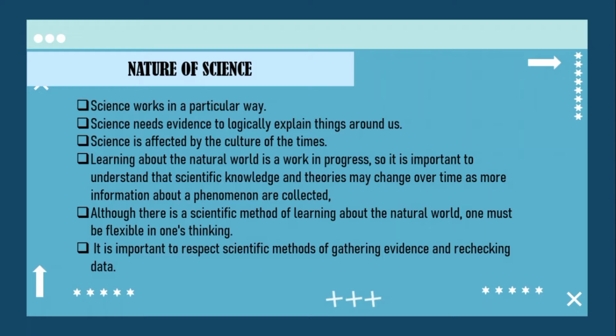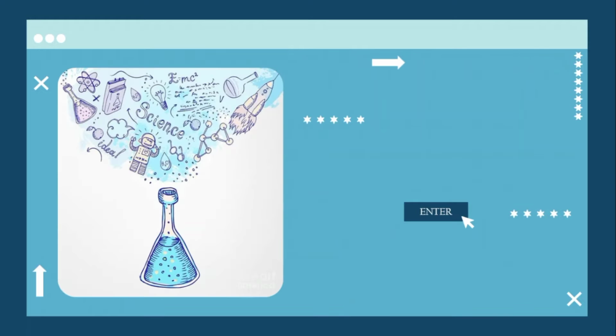So remember class that it is important to understand that scientific knowledge and theories may change over time as more information about a phenomenon is collected. Although there is a scientific method of learning about the natural world, one must be flexible in one's thinking. Take note class that it is important to respect scientific methods of gathering evidence and rechecking data. Understood? And now allow me to introduce to you our topic for today, which is